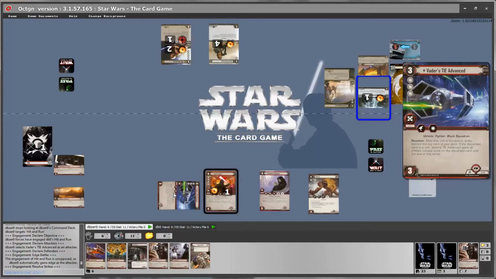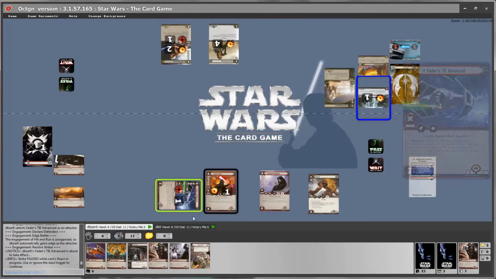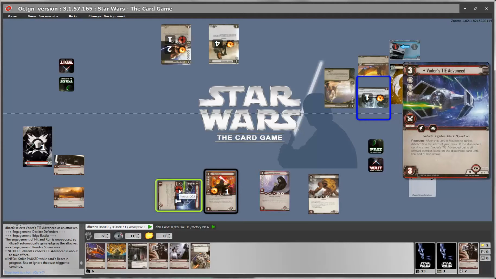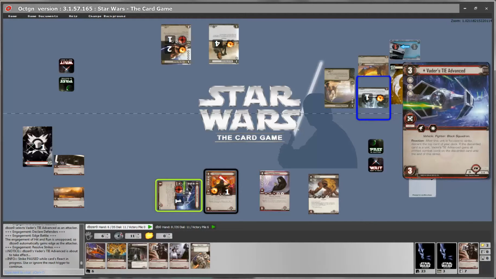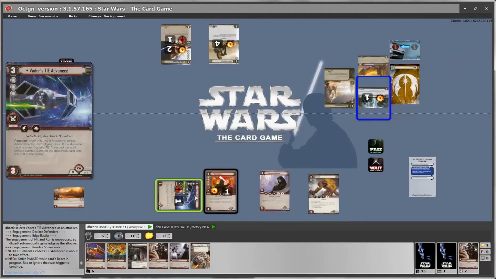You can draw a card randomly and see what it is. So let's try and see what happens. We double click on it and we get the classic trigger window. We have the focus from striking, and now Vader's Die Advanced can use its ability. If we double click again, Vader's Die Advanced is going to use the ability and draw a card at random from the top of the deck.